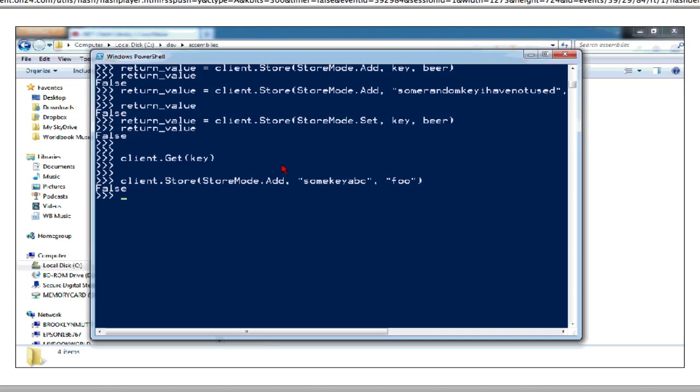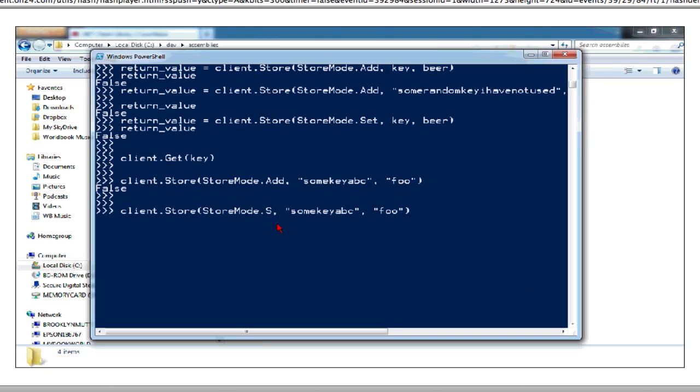I've configured something incorrectly somewhere because this should be working. Well, I don't want to waste too much time on this. I'm going to move to Visual Studio in a second, but I just want to show you